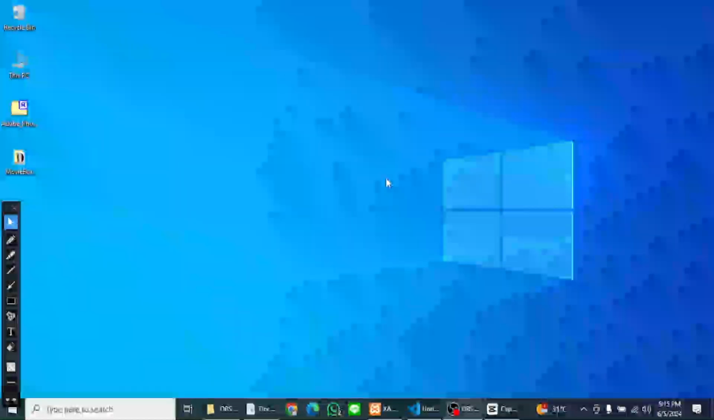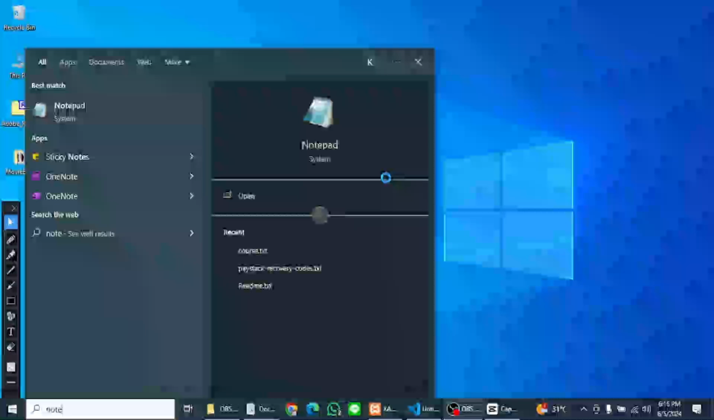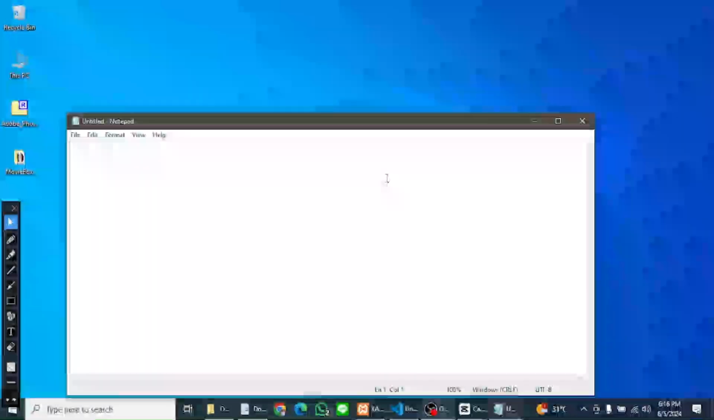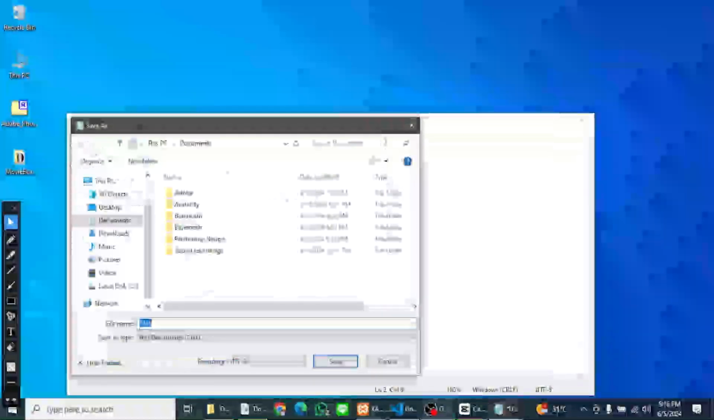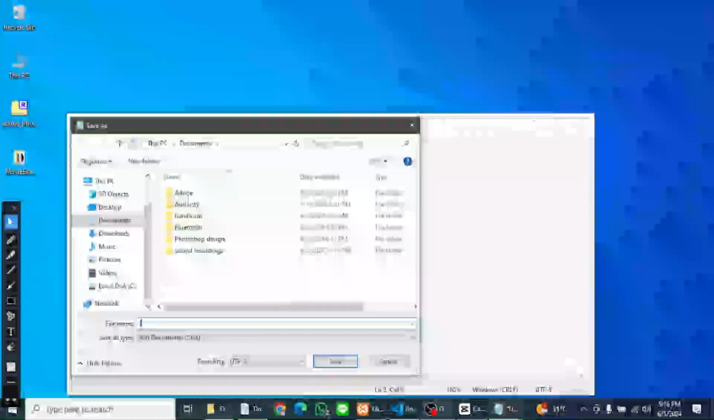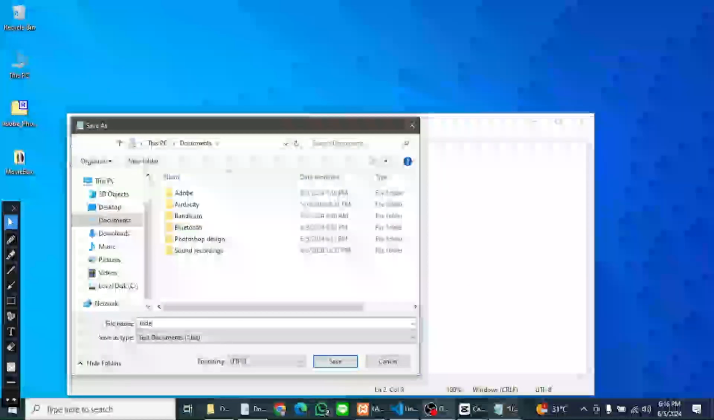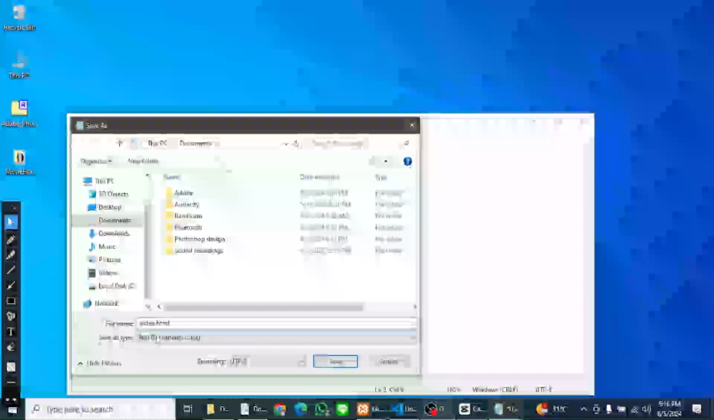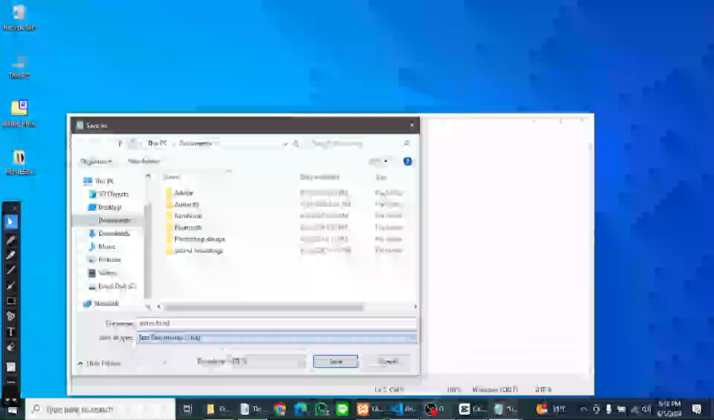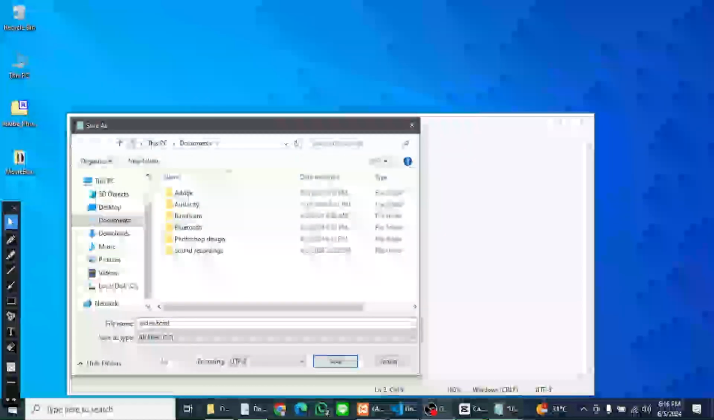So let's use a simple Notepad to try this out. This is just a showcase. This is not the actual structure of HTML. So we write HTML, put in some text here, and try to save it. Okay, so we give it a name of index and an extension of .html, and we choose all files. Okay,